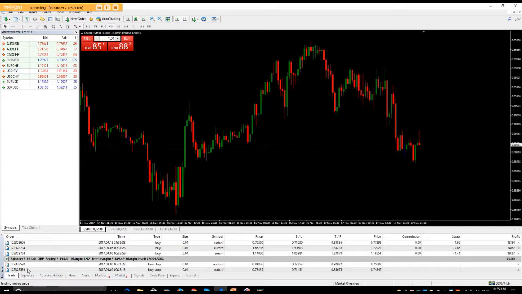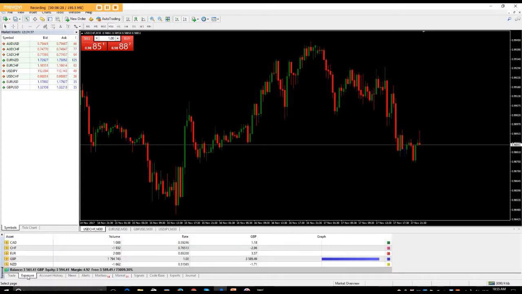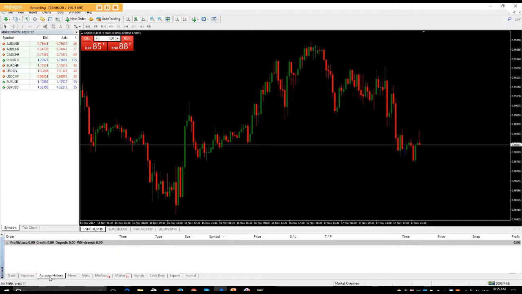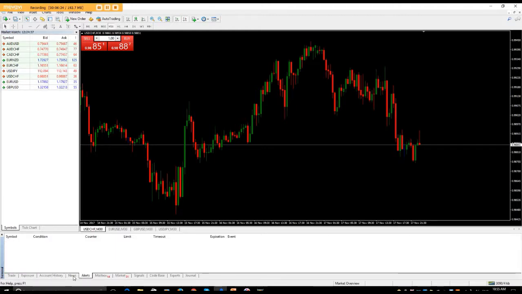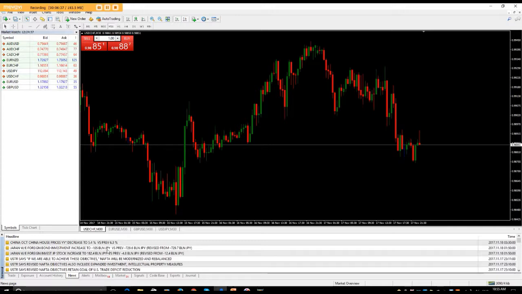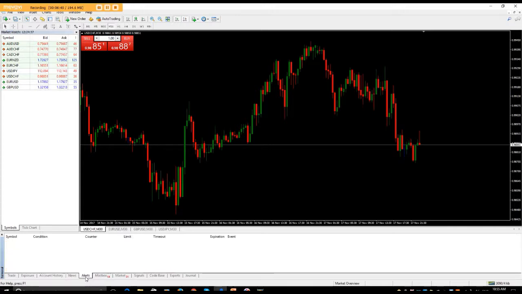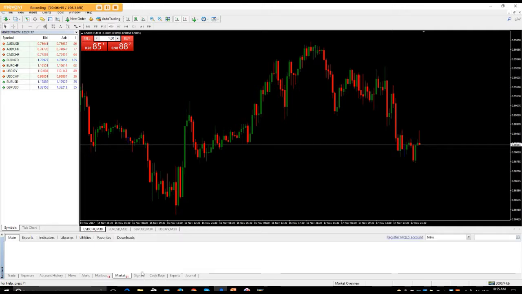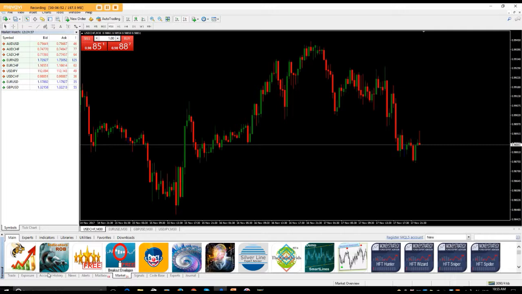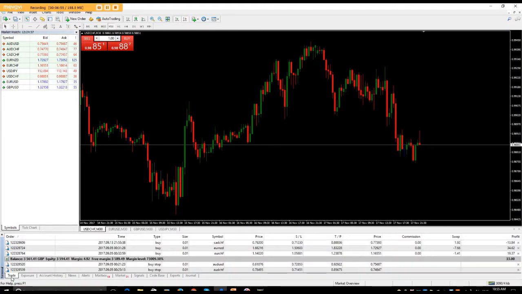Okay, now guys, this is a terminal, but this one is like what's my exposure, my account history, my alerts, my news, all the news that's coming in. You can get the news through the MT4. Your alerts, if you've got alerts, you can have the different indicator stuff. You can get signals, you can get codes and all sorts, but I don't use any of those. All I want to see is the trade button. Right, guys, the only bit I'm interested in is the trade